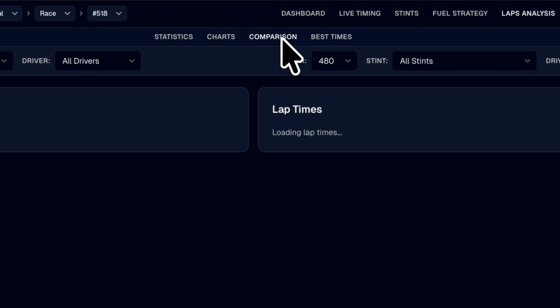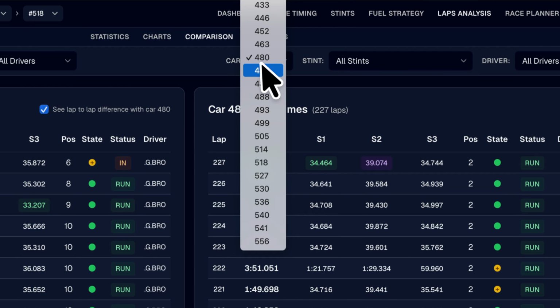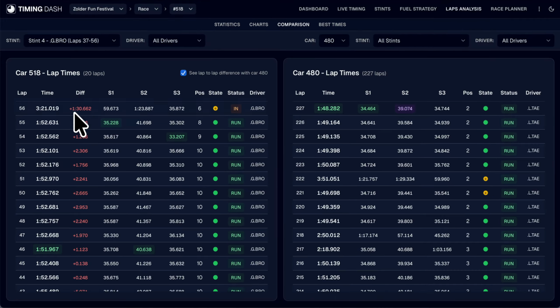Then we have the comparison option. What it's going to do is that you can basically compare your lap times with another car. So here I selected the 480 car, and I can see the difference for each lap. So we can see basically here that each lap we are slower than the 480. That's if you want to compare a car to a car, but you can also